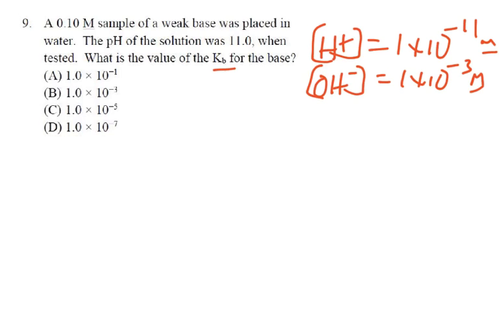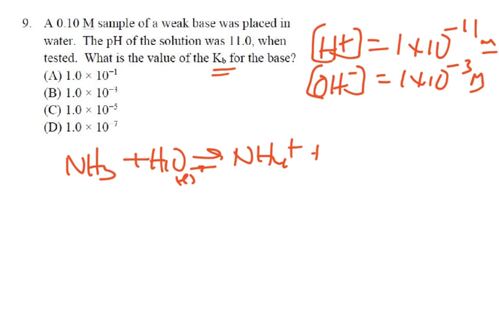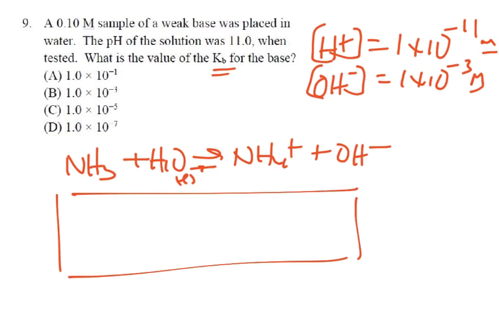Okay, we want the KB for this base. Well, I think I need to write my icebox and all that, so I'm just going to use ammonia, because ammonia is a nice weak base. And I'm going to put water. And when I do this, this is liquid, I'm going to get NH4 plus, because I know it's going to accept a proton, and OH minus,